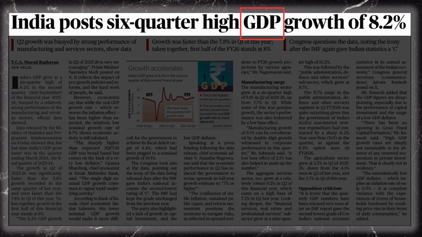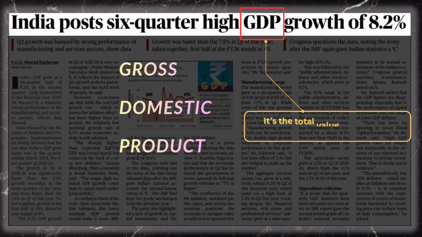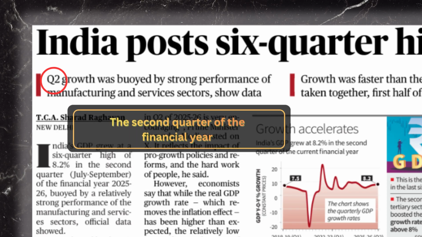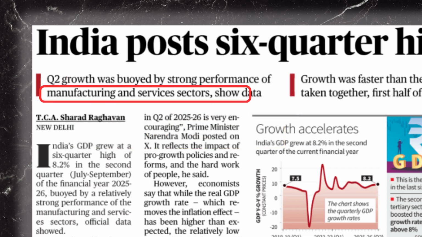Next, GDP stands for Gross Domestic Product. It's the total value of all goods and services produced in a country. When the article says GDP grew at 8.2%, it means the economy expanded by that percentage compared to the same period last year. You'll also see Q2, which means the second quarter of the financial year, in this case, July to September. The article notes that Q2 growth was buoyed by manufacturing and services, meaning these sectors supported or lifted